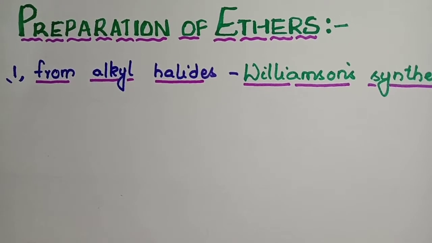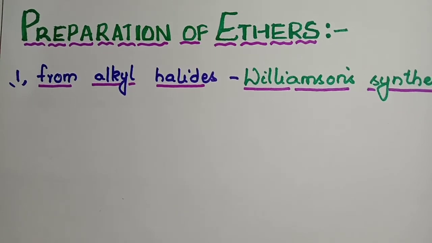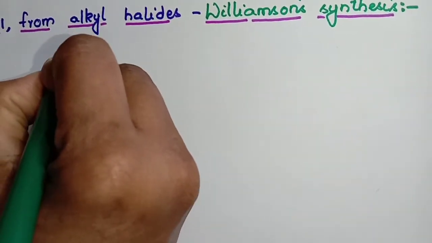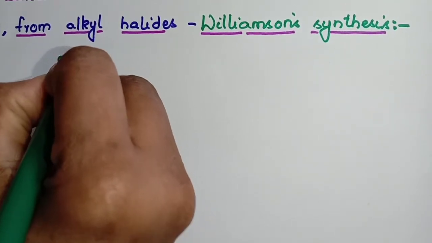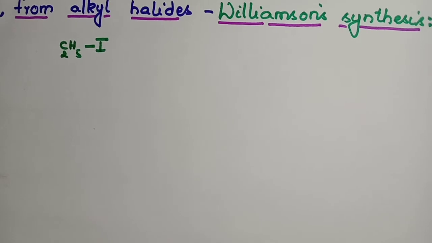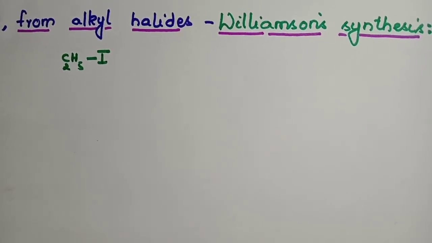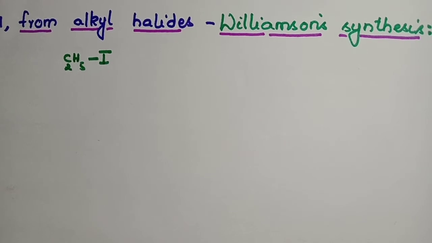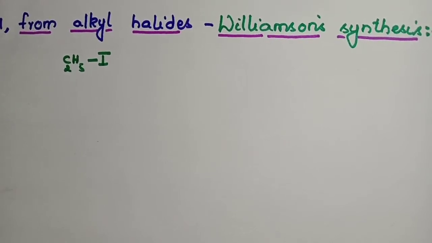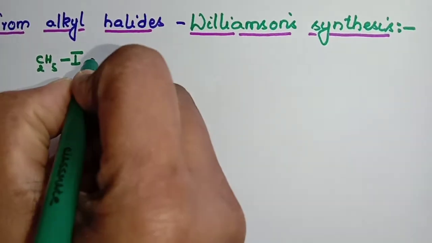What is an alkyl halide? Alkyl halide is RX. For example, let me take C2H5I. What is C2H5I? Ethyl iodide. It is an alkyl halide. Okay. So it should be heated with potassium or sodium alkoxide or phenoxide. What is a sodium alkoxide? Plus